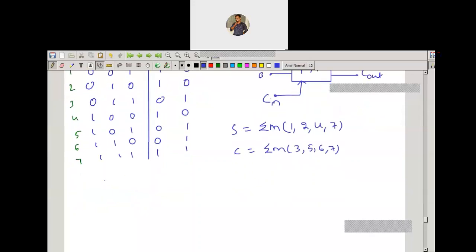So for sum, as it has 3 inputs, we'll take the 3 variable K-map, the inputs a, b, c in.